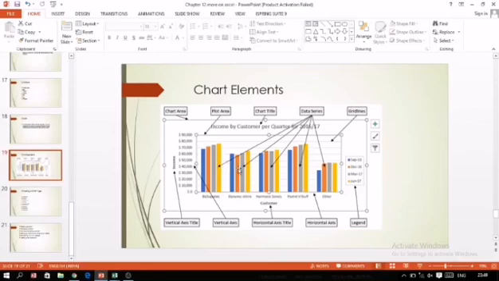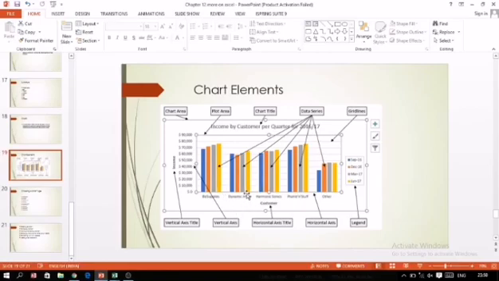Then what each color represents over here is given by the legend. With the help of this legend box we can understand this. Like this blue color is given September 16, then December 16, and in such a way all these data series can be easily understood with the help of this legend box. So these are known as chart components.